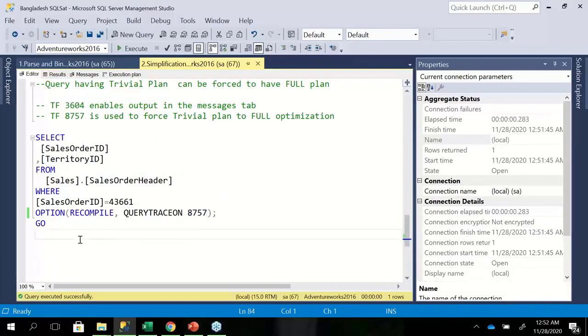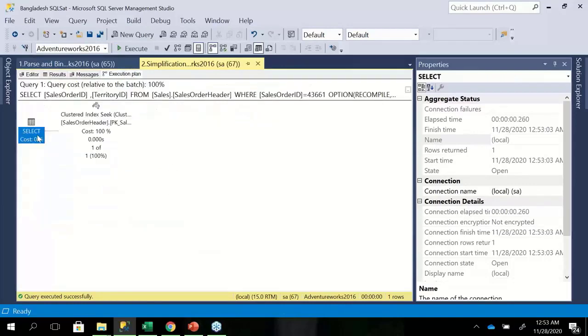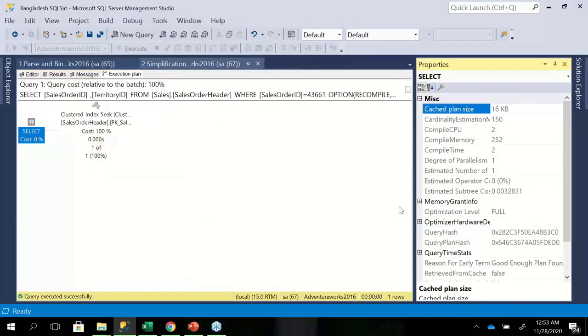When you enable the trace flag for that query, the trivial plan will be converted into a full plan behind the scenes. When you execute this query with the trace flag on, check the execution plan and open the properties on the select, you can see the optimization level has turned to full. Now this plan is saved inside the plan cache.